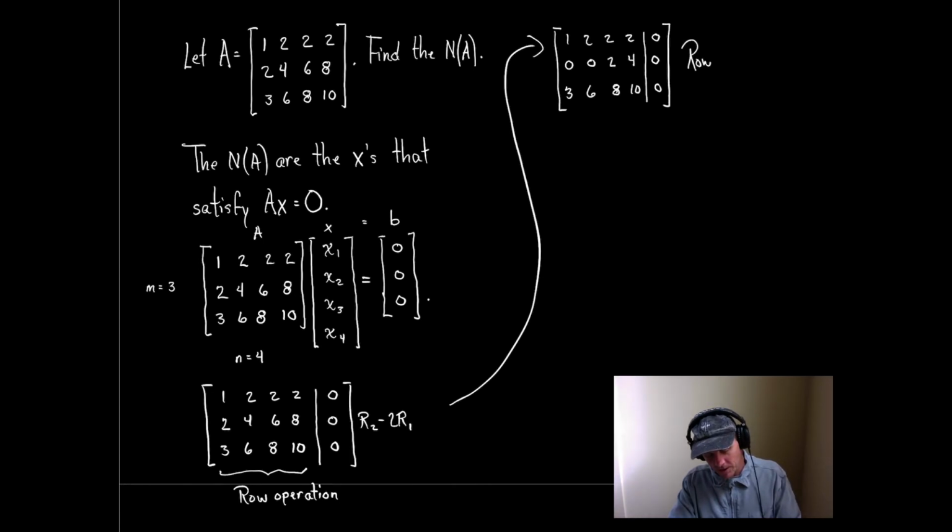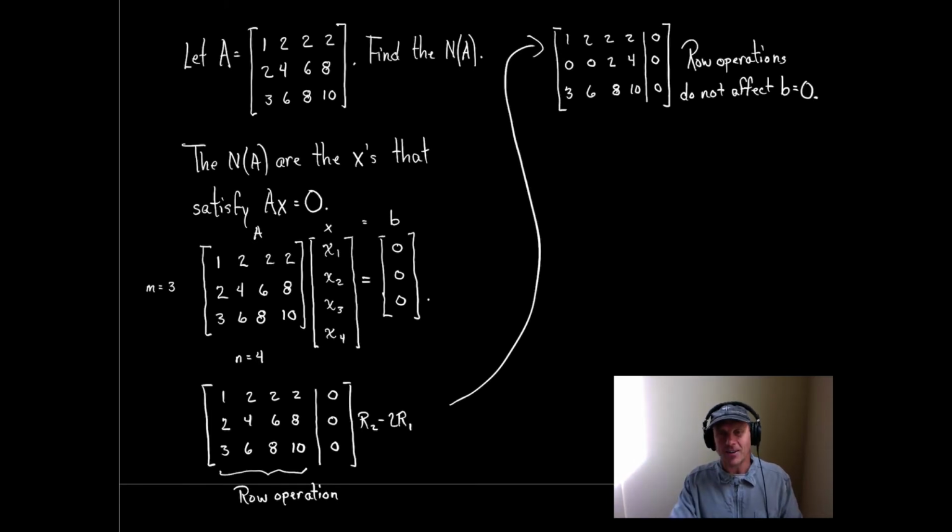Row operations do not affect B when it equals 0. And so what we'll often do is our augmented matrix,